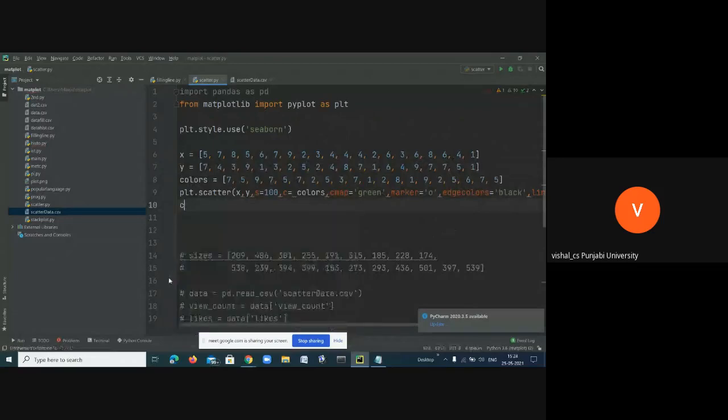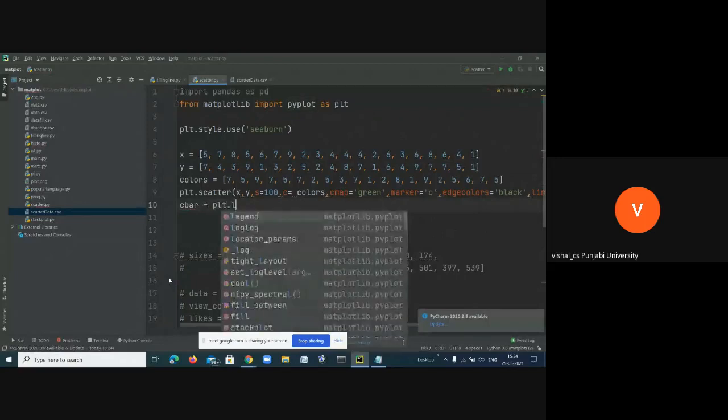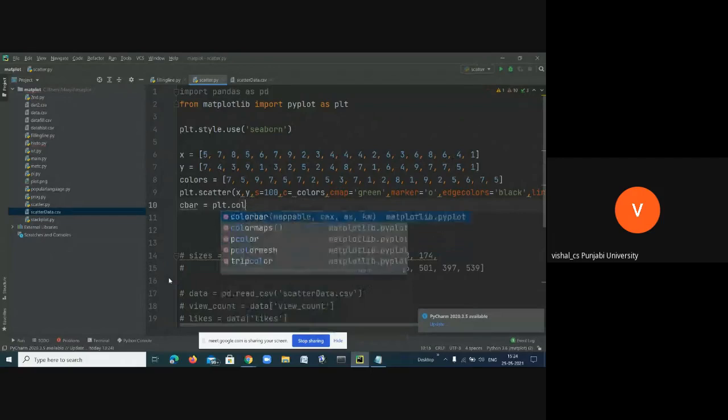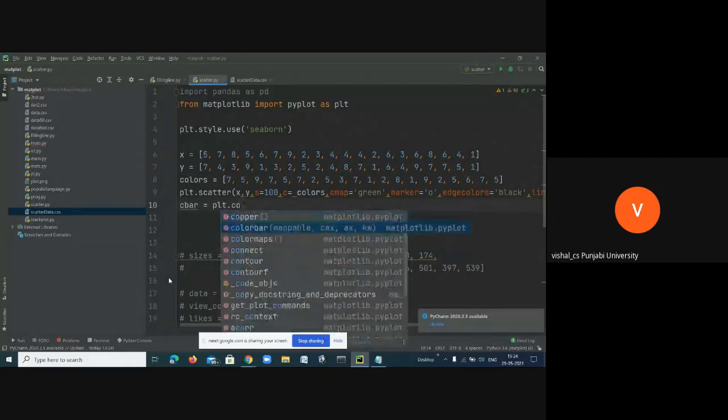Color bar is equal to plt.colorbar. Yes, I have to add the color bar legend.